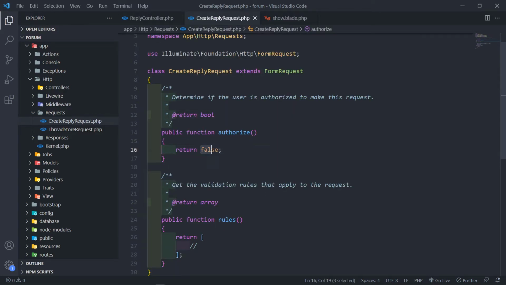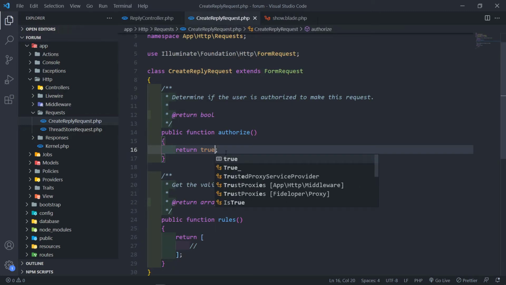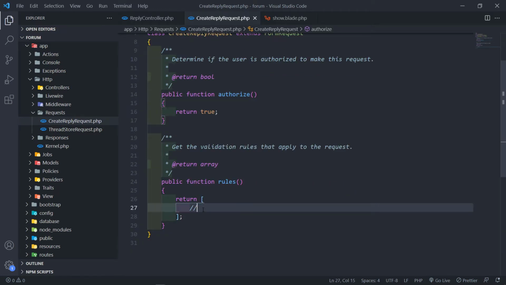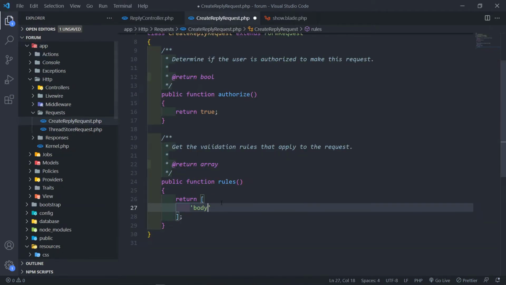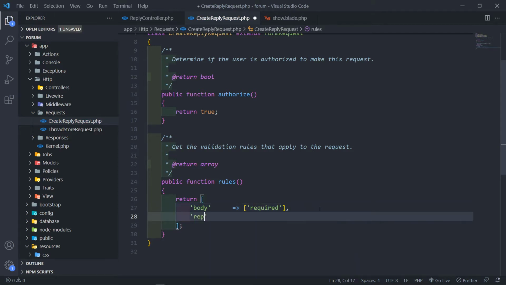Right, so the next thing is we can set authorize to true. There are a couple of things in our rules that we want. The body, if you guys remember in the show view, this part right here, the textarea form part, that is our body that we're referring to. And we want that field to be required. The next one is we want the replyable